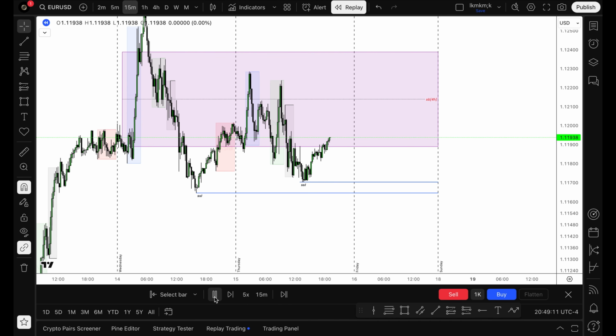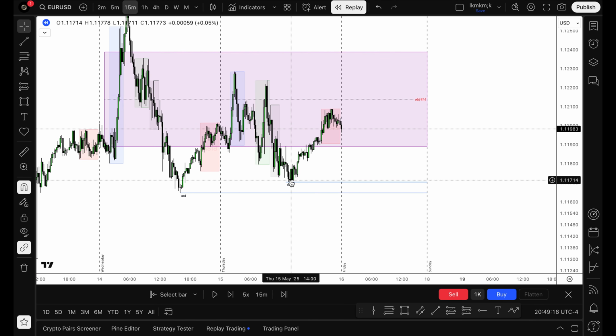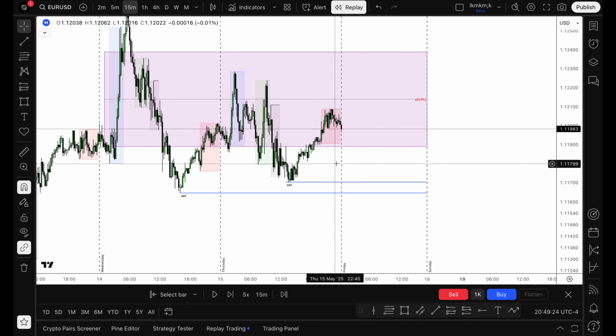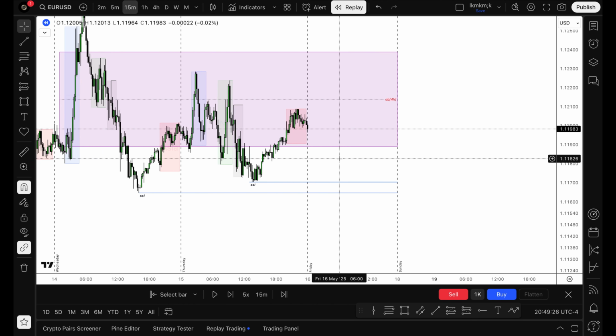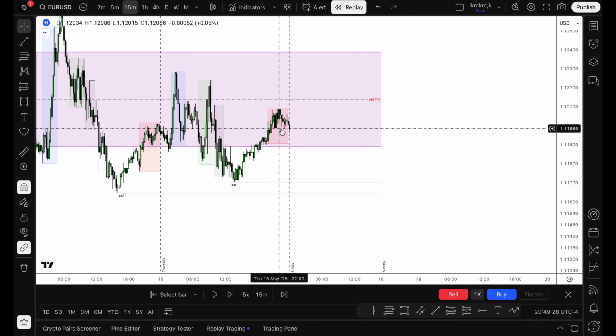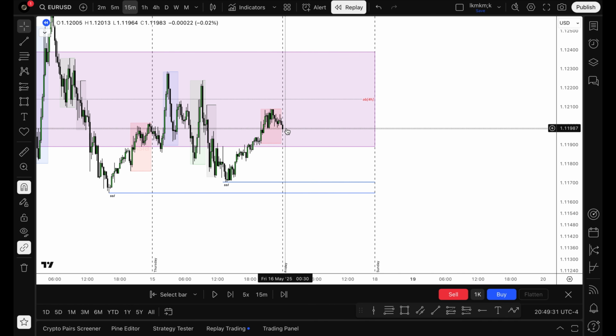So if we print until midnight, and then we have Thursday's low printed, and price is closed at midnight. So we'd want to see price move above an old high